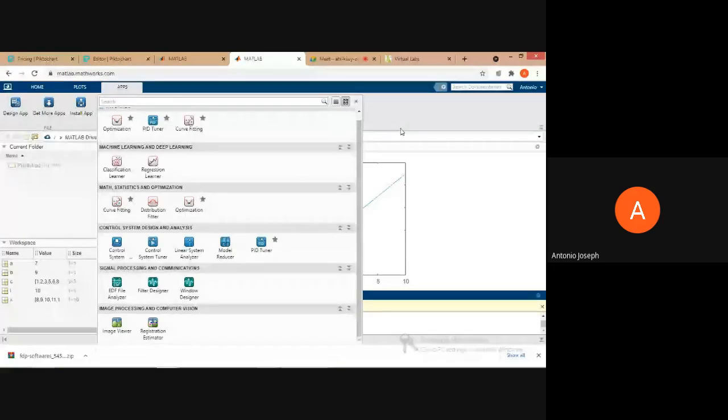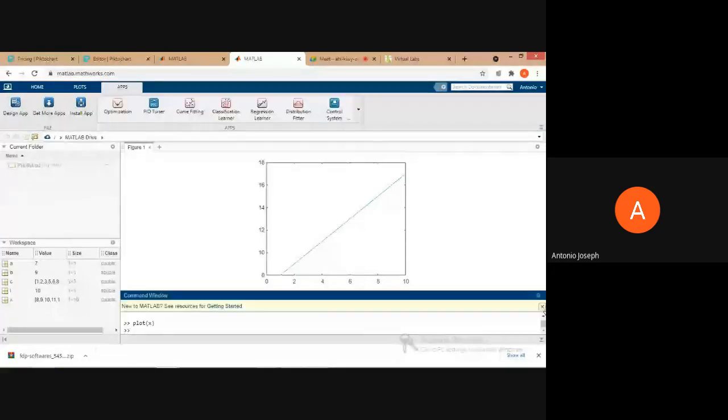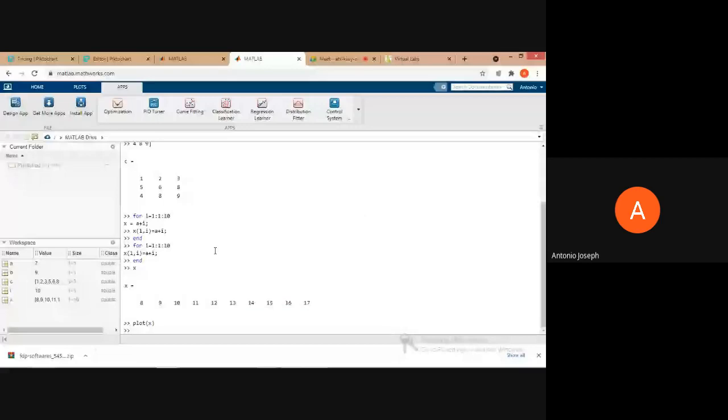And additionally, suppose you know a command called plot. Plot is there for creating a graph, but you are not very thorough about the syntax, what all things we can give, or how to create a plot, or how to give color to the graph, or how we can create the line shapes or width, etc. So just click on F1.